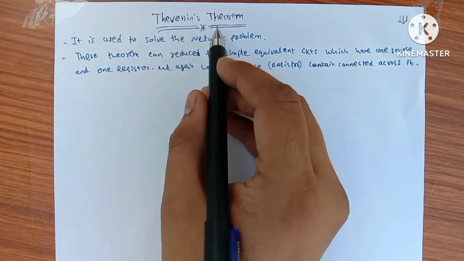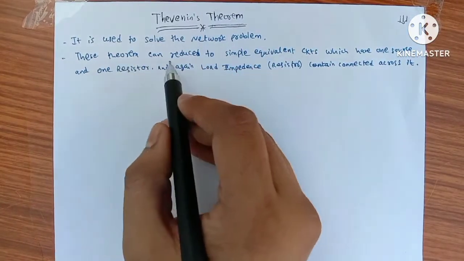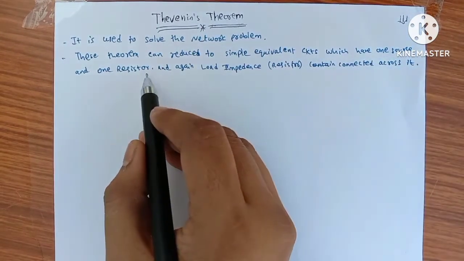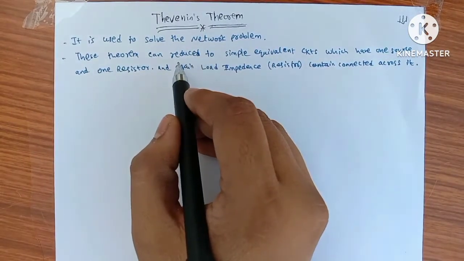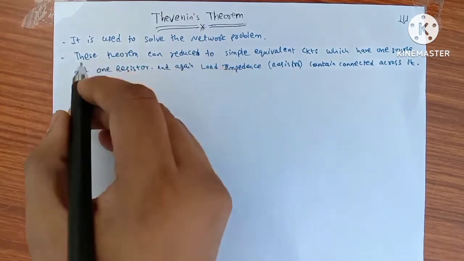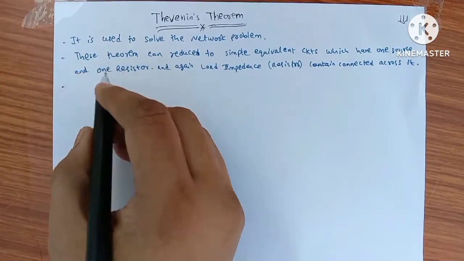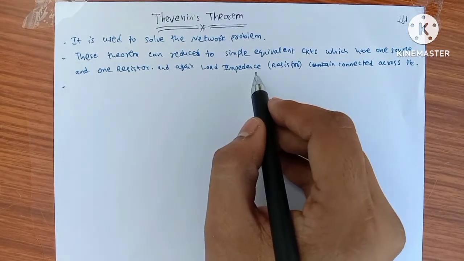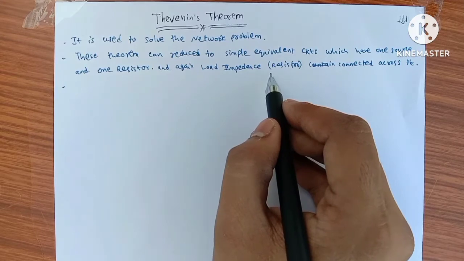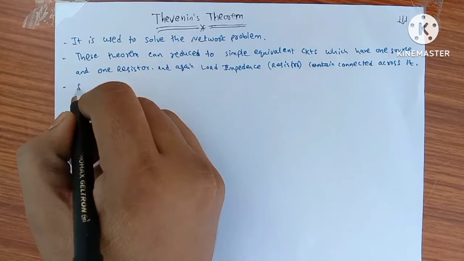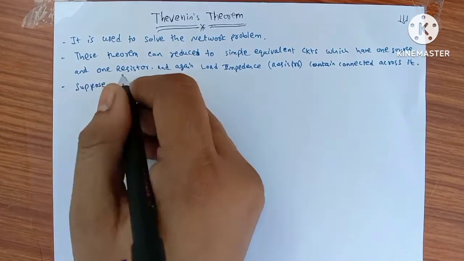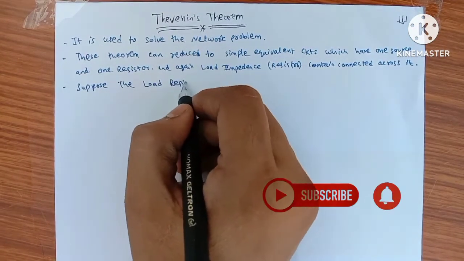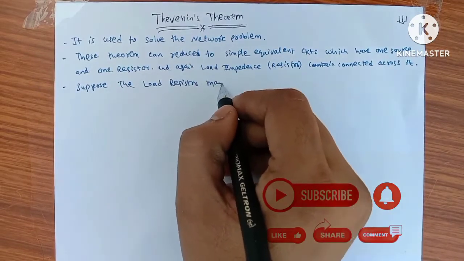What is the importance of Thevenin's theorem? This theorem can reduce to simple equivalent circuits which have one source and one resistor. Then why we need this reduction? Because here load resistor or load impedance may change its value. Suppose the load resistor may change the value,